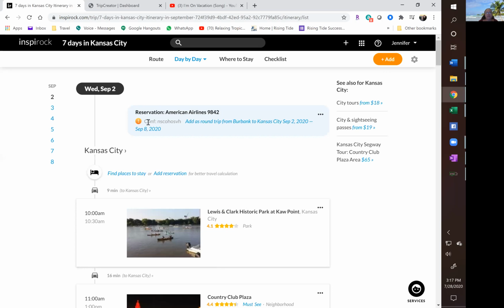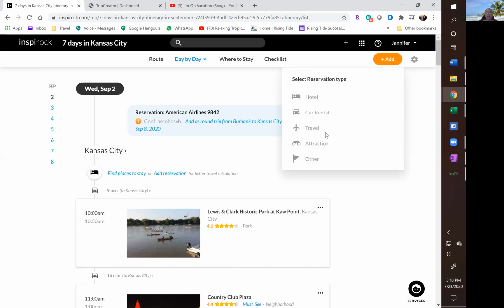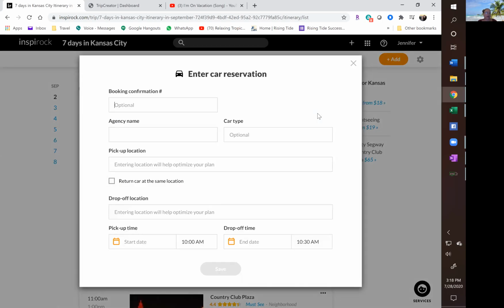So now, guys, you can see here is that airline information. Okay, now I'm going to go ahead and add another one. So I'm going to add a reservation and then enter reservation details. This one's for their car rental. Again, you can put in the booking confirmation number, right? I'm just going to add something. Agency name is going to be Hertz Rental Car. And the type is an